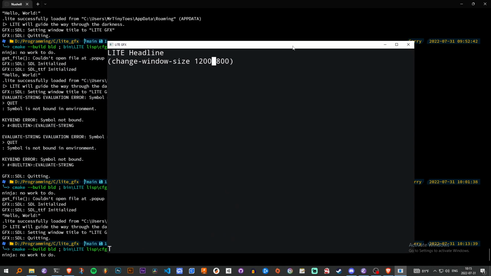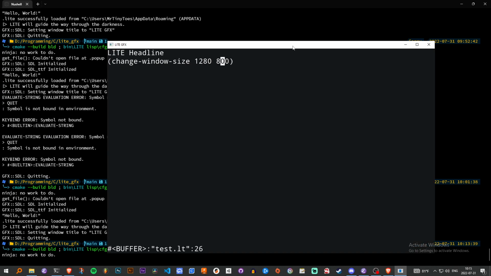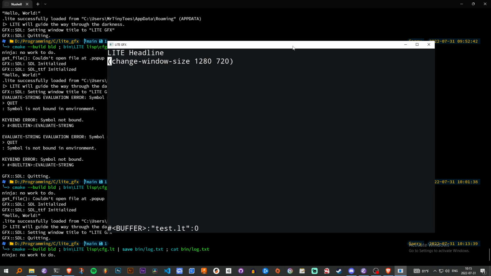I like how much control I have over that. So you can just set your resolution like that. Cool. Is that what I did? Change window full screen